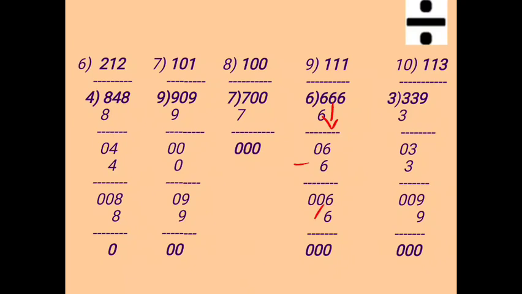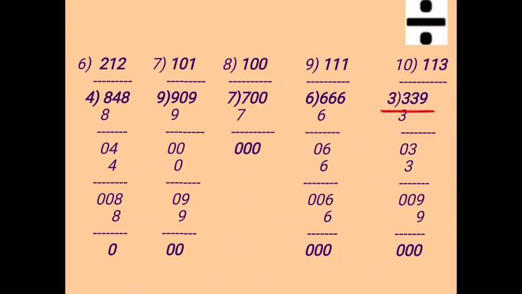Then again you are going to bring down the next number, that is 6. Then again 6 ones are 6. Again you are going to do subtraction. Then you will get the remainder as 0 and your quotient, that is the result, is 111. Next one,